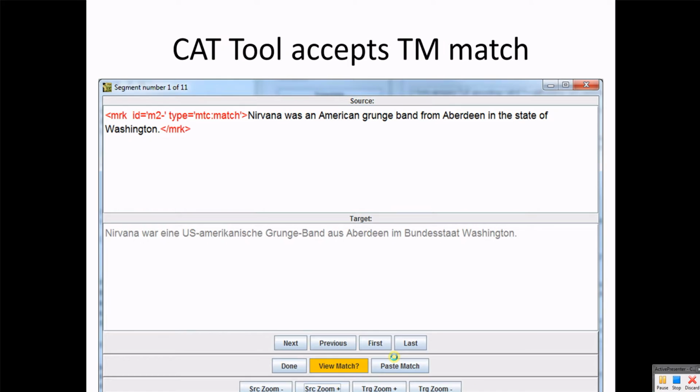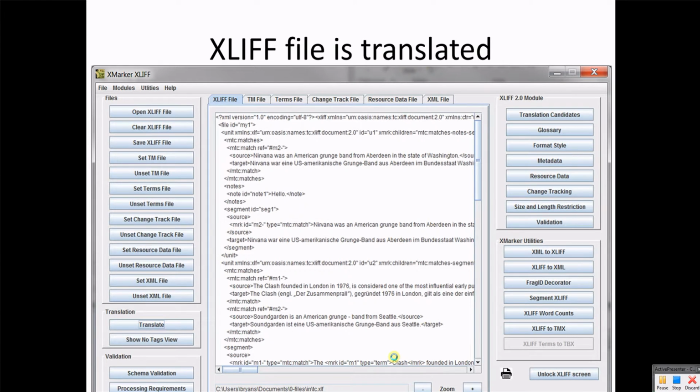Okay, so when they open that XLIF file that has the leveraged TM in the MTC namespace, a computer-aided translation tool will recognize that and will say, we have a match in this case. Would you like to view the match? And so that button is highlighted in yellow in this case. If you press that button and say yes, and then leverage that, then you can see in that first string